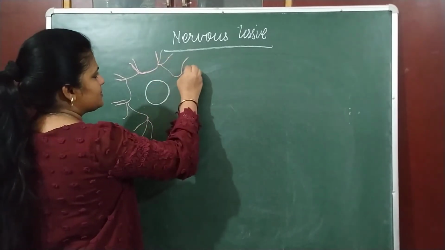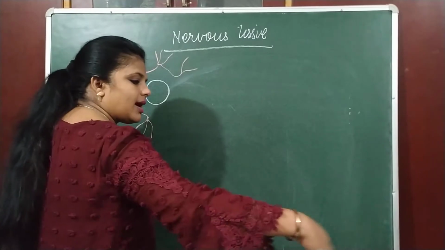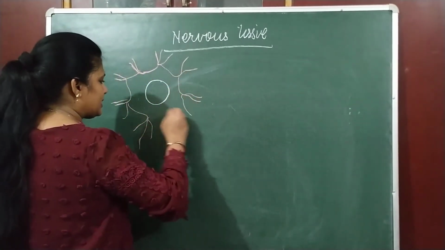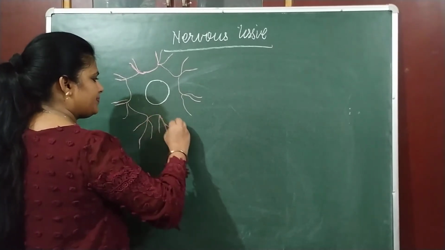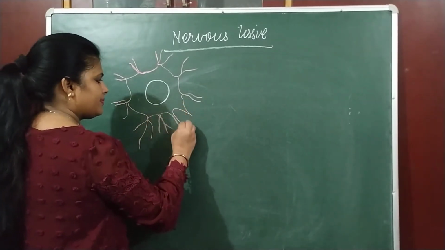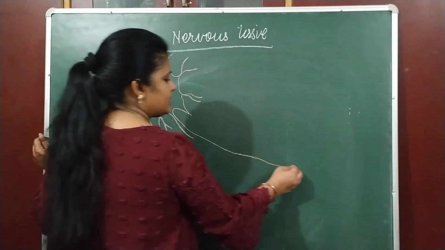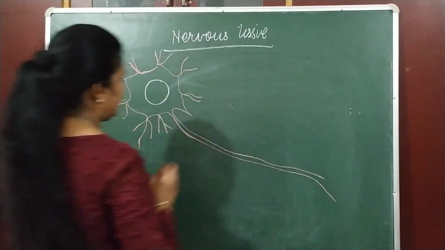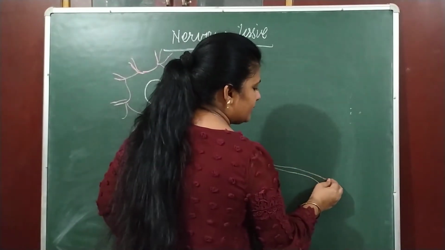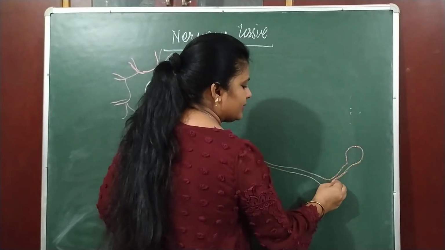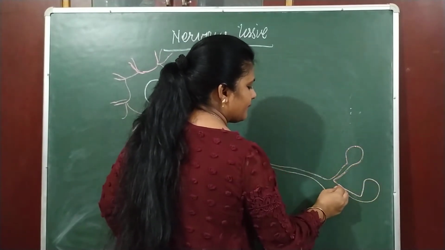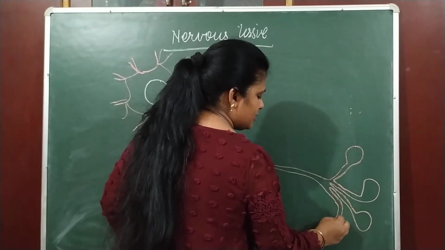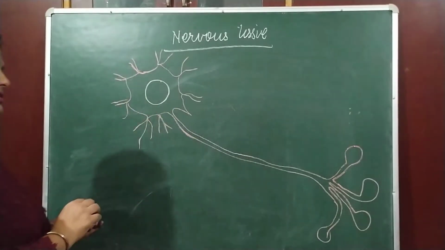Like when water spills anywhere, it flows ahead in the same way. This is the cytoplasm, so it extends and forms dendrites, and this is a long fiber, and this long fiber is known as axon, and at the end we have an axon ending. We have its detailed structure in 10th standard, so we will discuss it in 10th standard only.